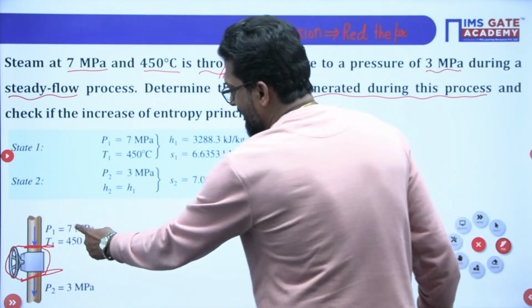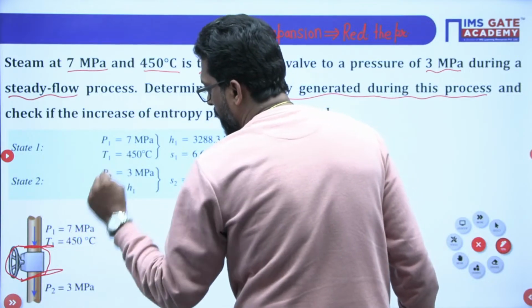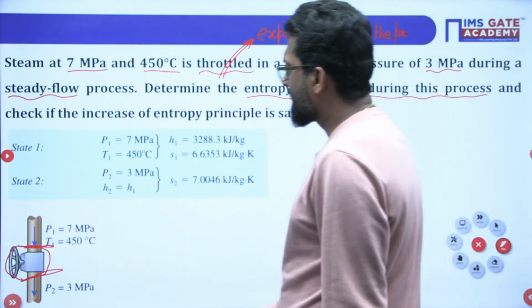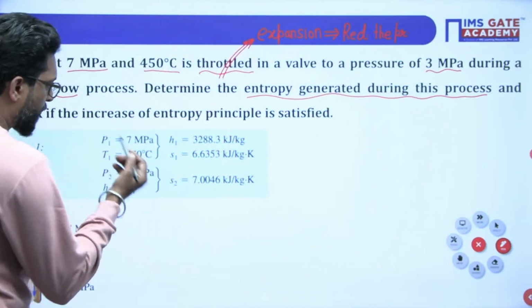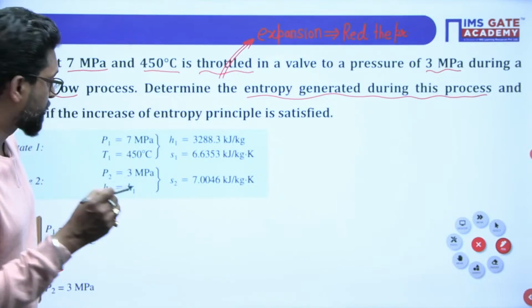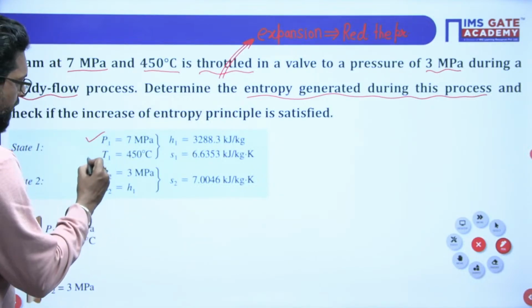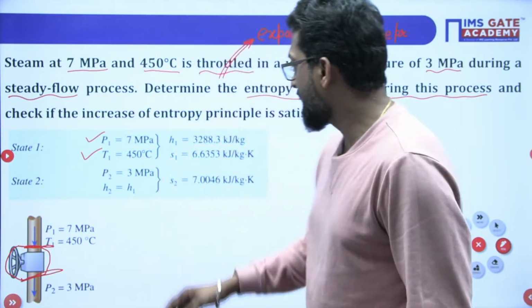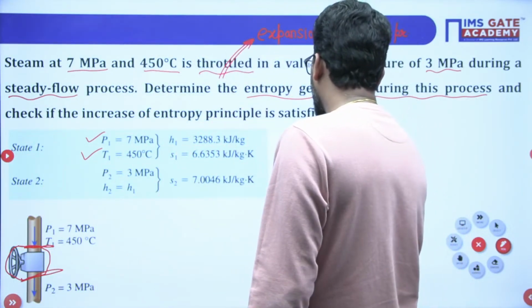So at the inlet it is 7 megapascal and the temperature is 450 degrees centigrade. What is the exit pressure? 3 megapascal. And the condition is given in the question, so from the steam table at the pressure P1 and temperature T1, you have a pressure and temperature. So if you have a pressure and temperature, go to the steam table